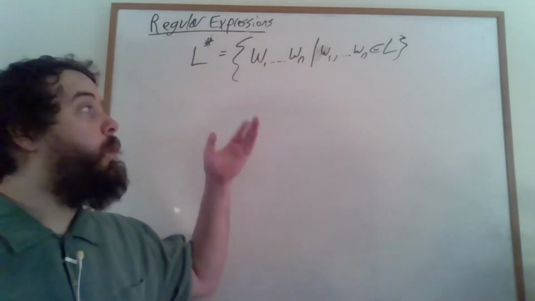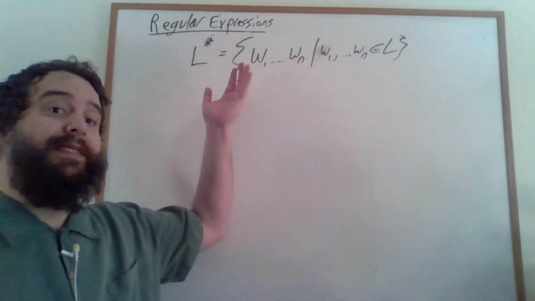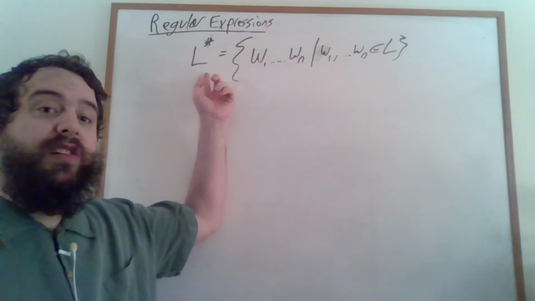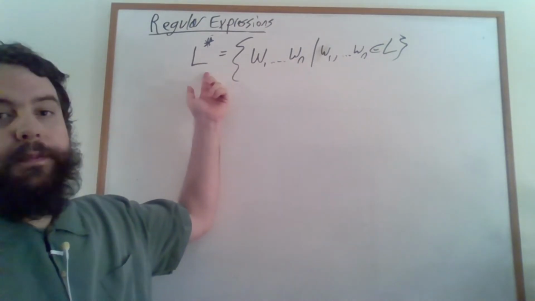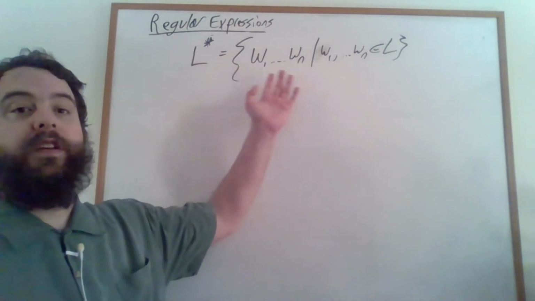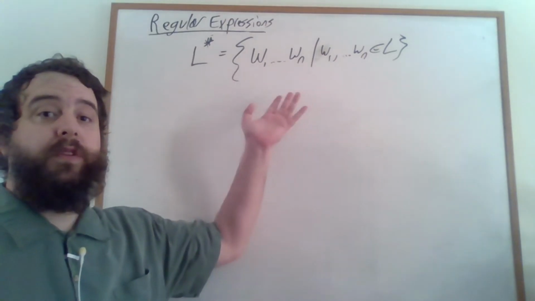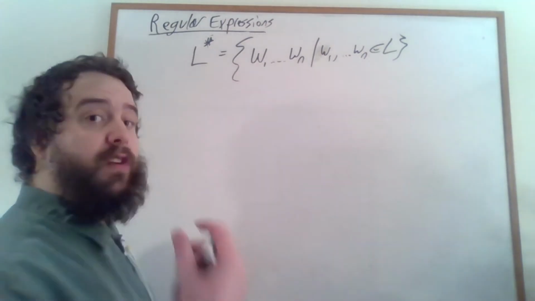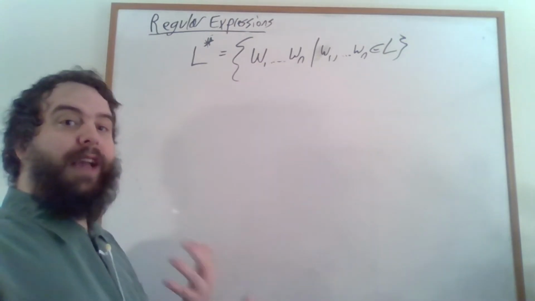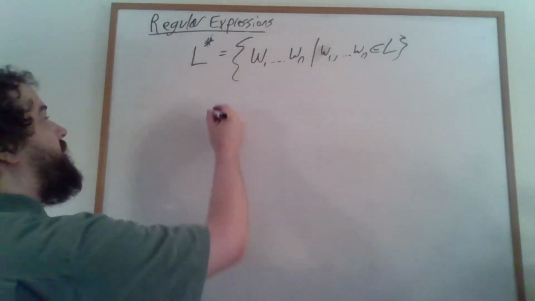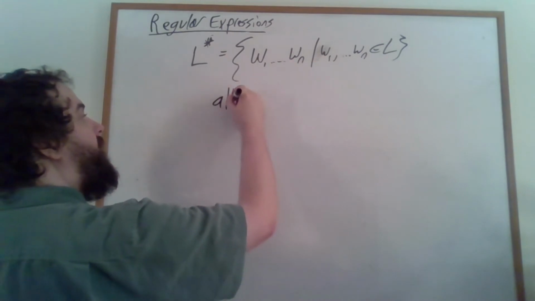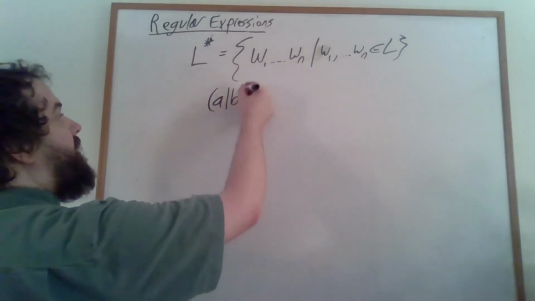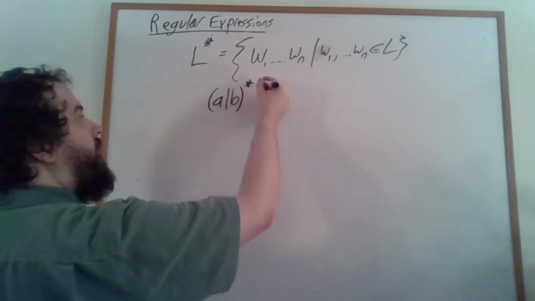And this could be one word from the language, it could be 0 words from the language, so this is always going to include the empty word, and it could be 100 words concatenated together from this particular language. In fact, the Kleene star is used to denote the entire language. If we wanted to, we could take the set of letters within our language and take the Kleene star of